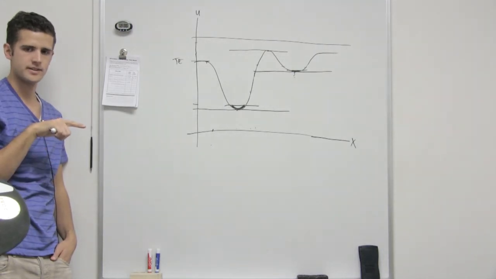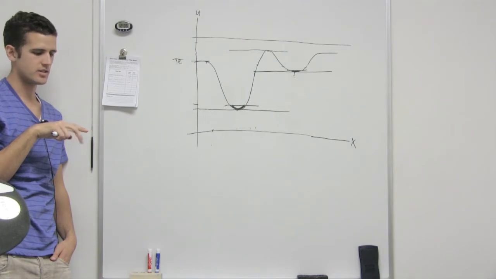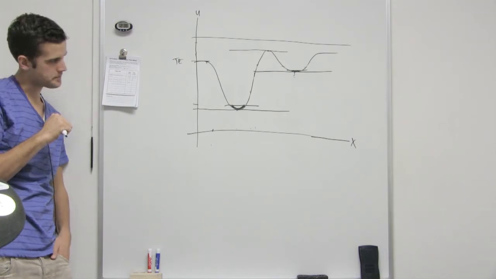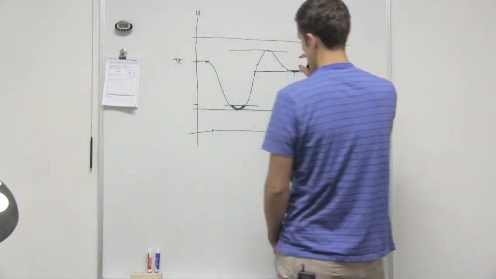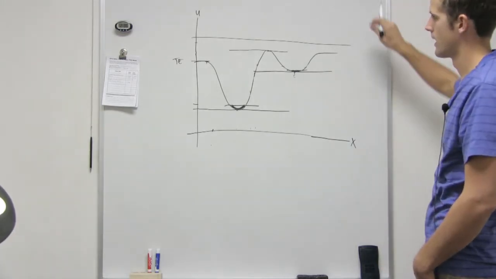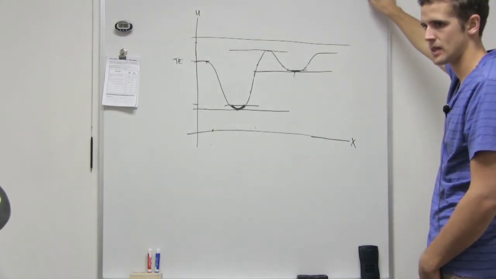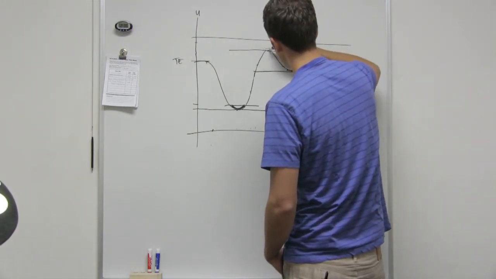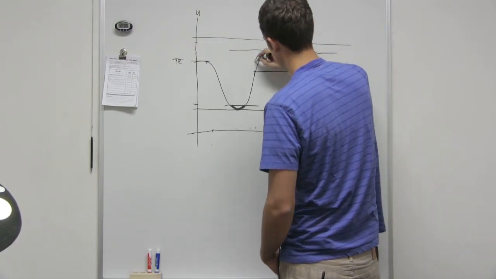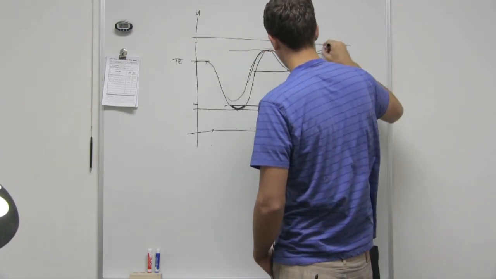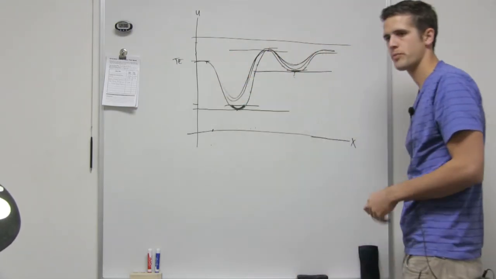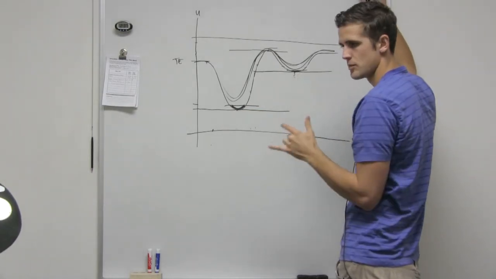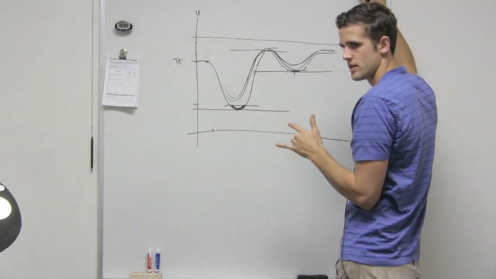Right at that point, you don't have any kinetic energy, it's just potential. Will it stop? Yes. But what happens if you add just the tiniest amount of energy there? The potential energy will take over and allow it to move. Right. So if you add a little bit of energy right here, it's going to go down this way, or it'll go down this way, and it'll move back and forth across the whole thing. Okay? So these two, the ones at the bottom, are called stable equilibrium positions, because if you add